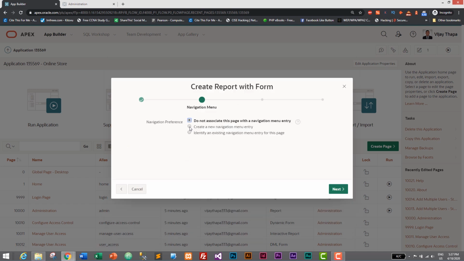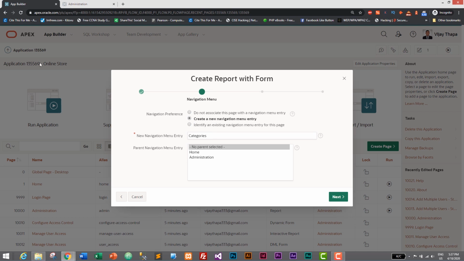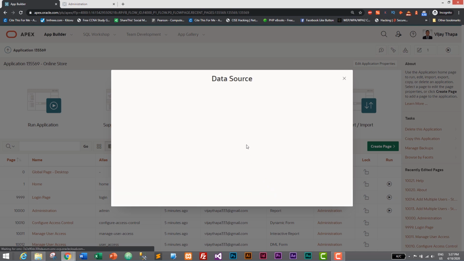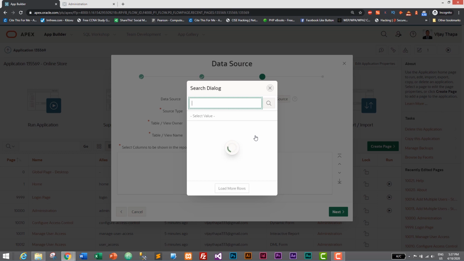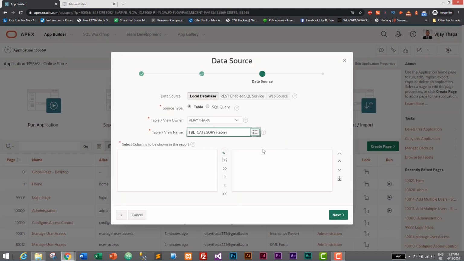And let's create a navigation menu, because we want the menu to be displayed on the left side as well. Its name will be Categories, and it is the parent category, so no parent selected. Click on next. Here for data source, we need to give the table name. Just click on this and select our TBL_CATEGORY table.